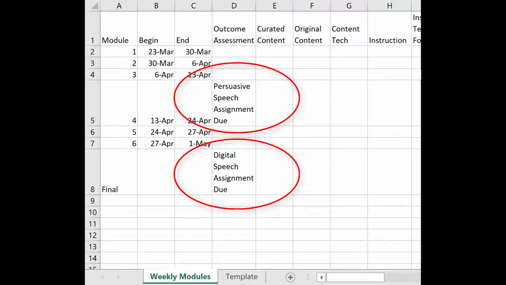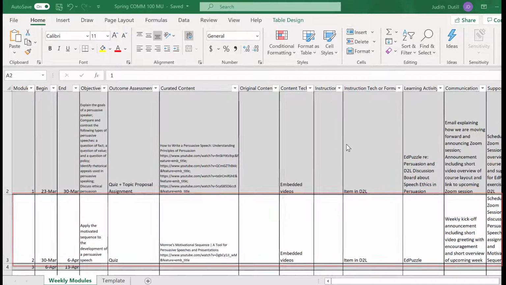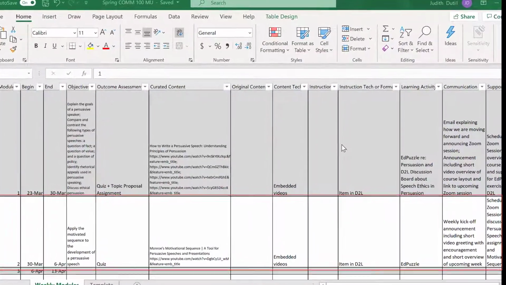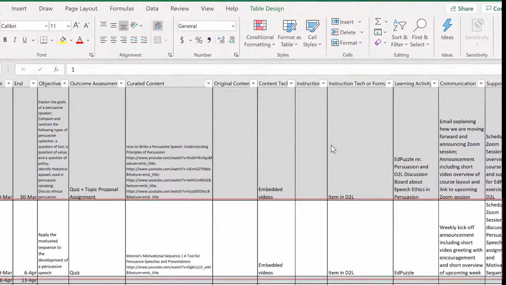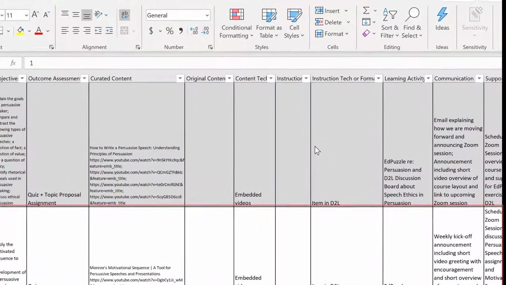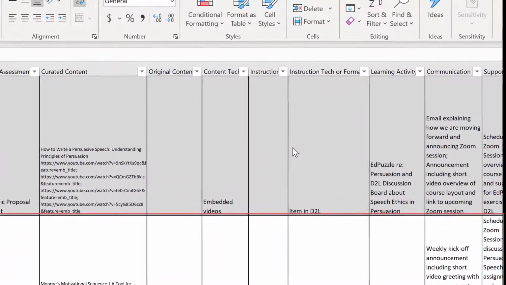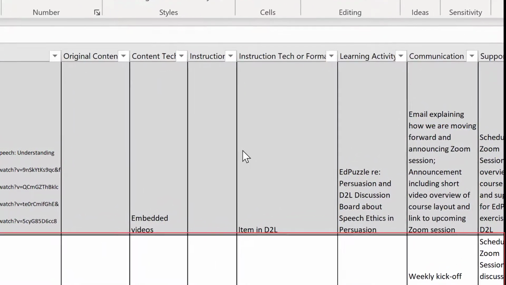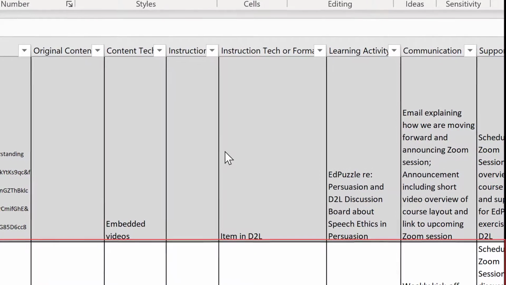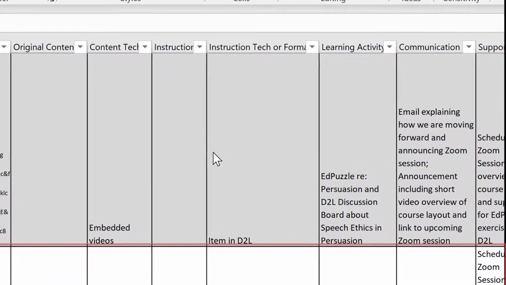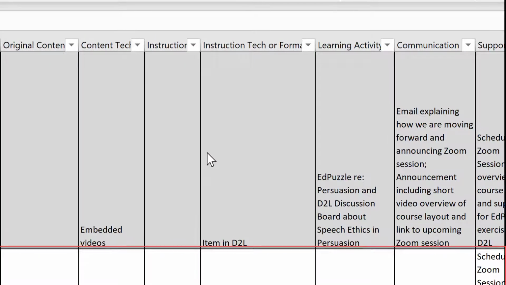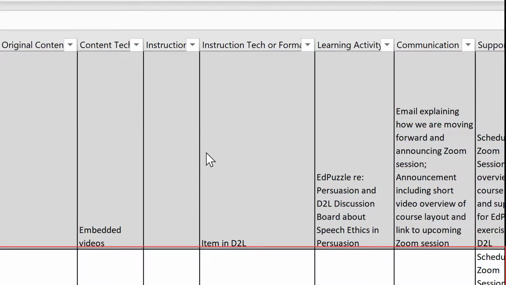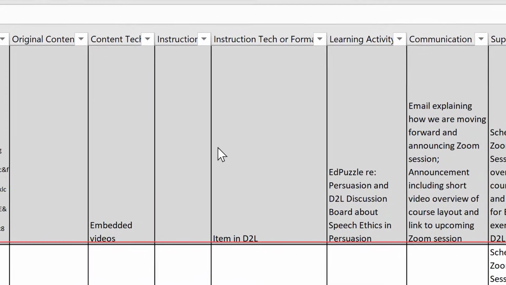Moving on to design, I start to inventory what I need to make this plan work. I create a column for communication, a column for outcome and assessment, a column for content, a column for tool and platform, a column for assessments, and I'll make a column also for instruction and support. Here's how I'm going to use this table. Each week I'm going to identify the desired outcome and assessment that students will have to demonstrate that the outcome is being achieved. I'll then populate associated links and information into the other columns.